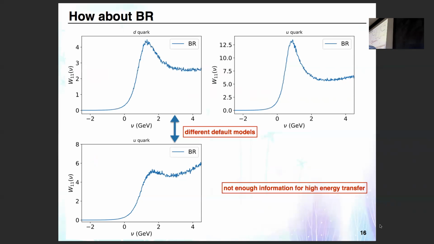This is the wrong label. This is down quark, I'm sorry. So, the down quark. The difference is just that they use different default models. This you use the 2 or 3. I remember this is somehow 10. So, these are quarks in the quasi-elastic peak,